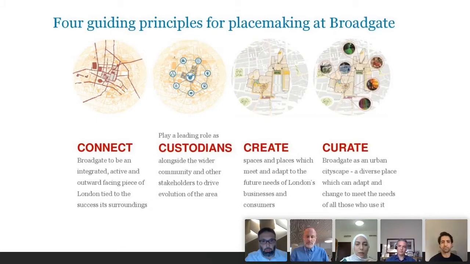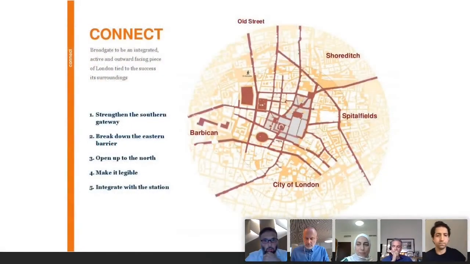So one, connect Broadgate to the wider context, to the wider location, to the different districts. Help Broadgate engage with the community. So this is again what we're talking about today. So the developer plays a leading role as a custodian, reaches out to the various authorities, but also to the other businesses, community groups in the area, and curating spaces, which we'll come to maybe a bit later in the presentation. But in terms of connectivity, just to give you an example,